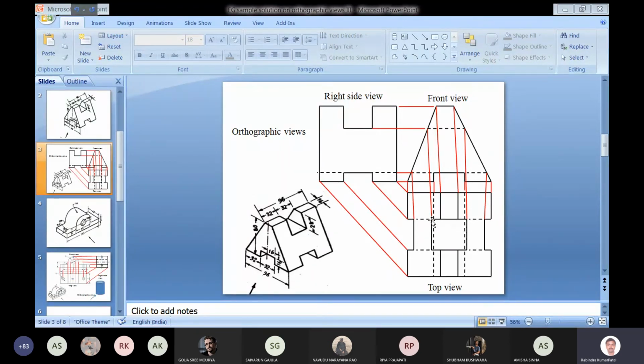So we put a gap between the dash line and the continuous line like this, for all four places. Here also you can see we have kept a gap. Here also we have kept a gap. Here also we have kept a gap. We can see this type of